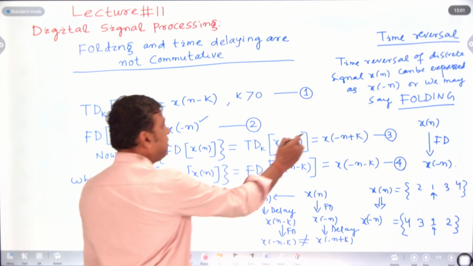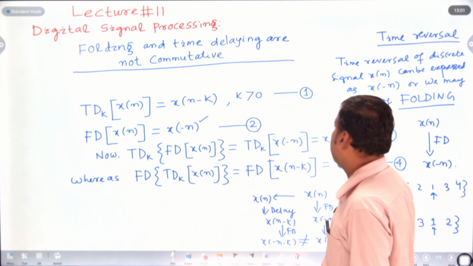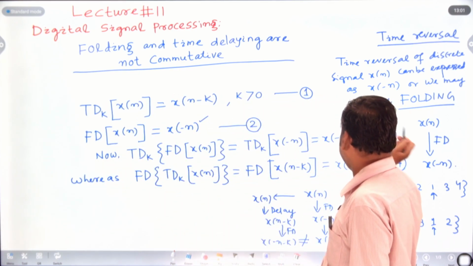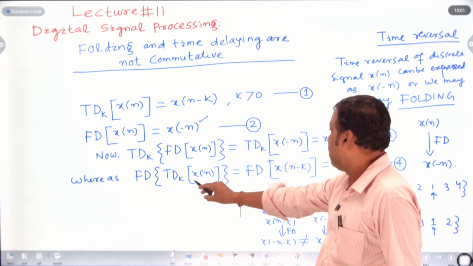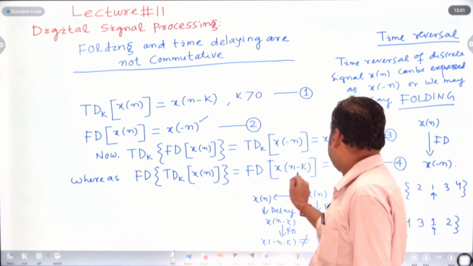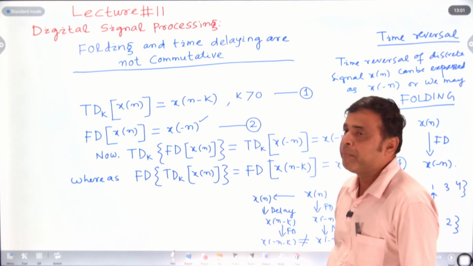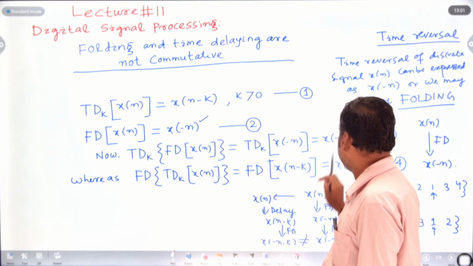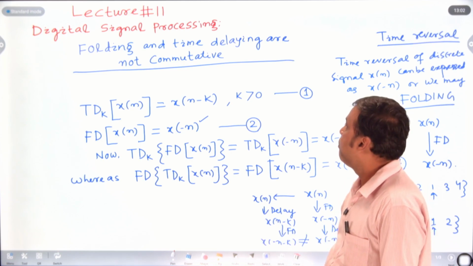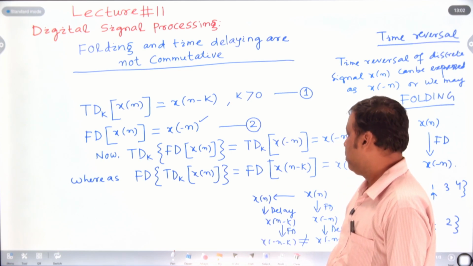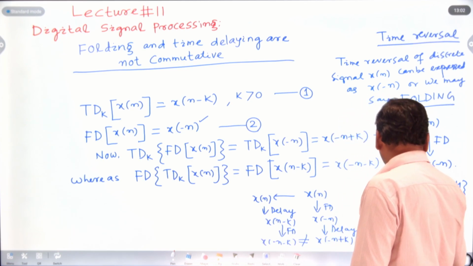So x of minus n plus k is nothing but what? Folding then delaying. And here, delaying then folding is nothing but x of minus n minus k. So this is not equal to this, as folding and delaying are not commutative. If we give an example,